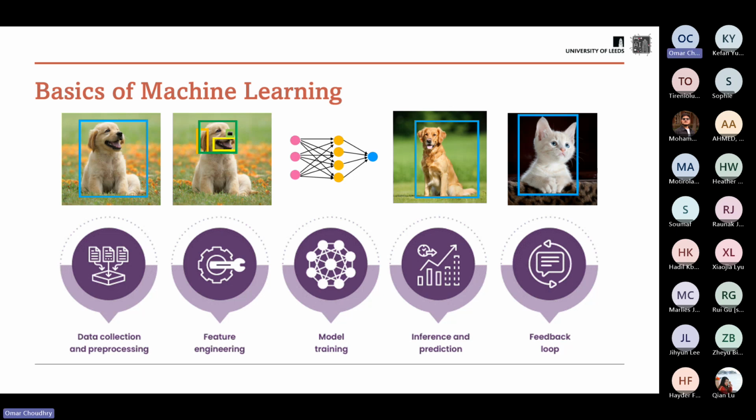So as an example, let's say we're trying to build a model that's able to classify, which means it's able to predict when there is an image of a dog. For that, we're going to need to collect lots of data of dogs, and we'll need to label it. So we'll need to draw a box around the dog so that our model has enough information to know, okay, when there is an image of a dog, where is the dog inside that image? And then maybe we tell it some extra information, right?